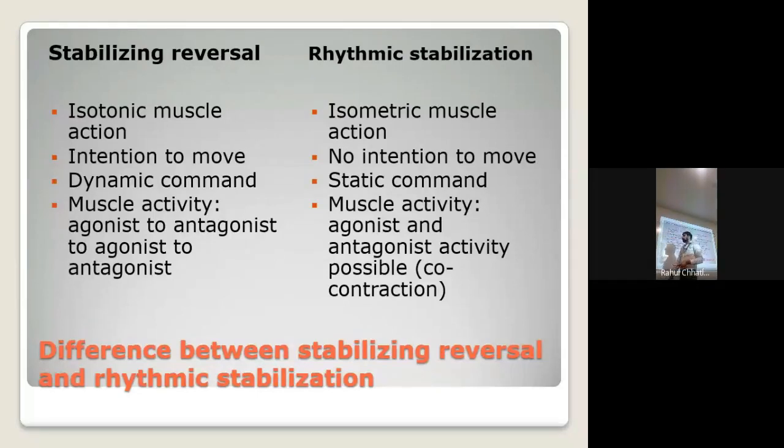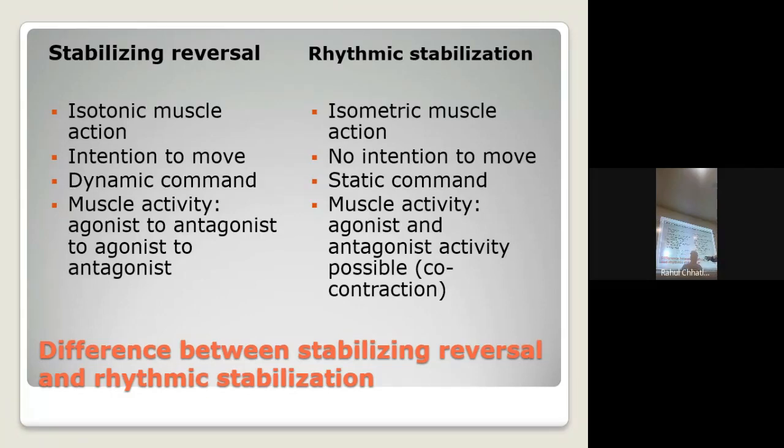This is an example of co-contraction, which is only possible in isometric muscle contraction. If we try to do this in isotonic, this will not be termed as isotonic. Why? Because there will be no motion. The muscles contract together, so motion will not come. Motion as in range of motion will not be achieved. Yes, so that is why it is characteristic of isometric contraction.